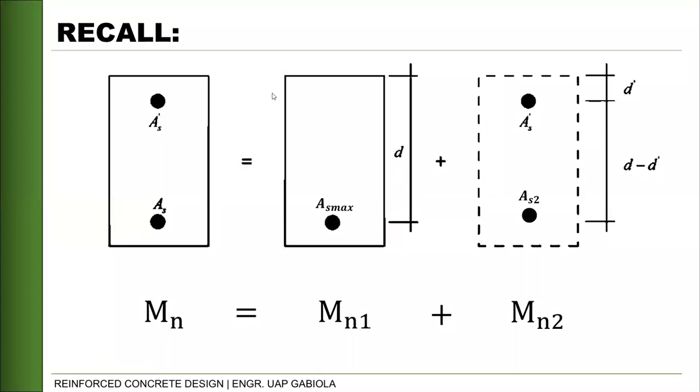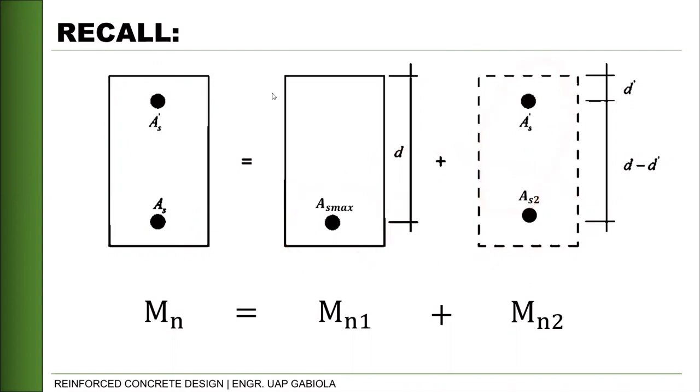Pero once we introduce a reinforcement at the top of our cross section, that reinforcement is requiring an unequal reinforcement dun sa bottom natin, which will be added dito sa ating maximum for singly reinforced beam kasi i-counteract niya yung